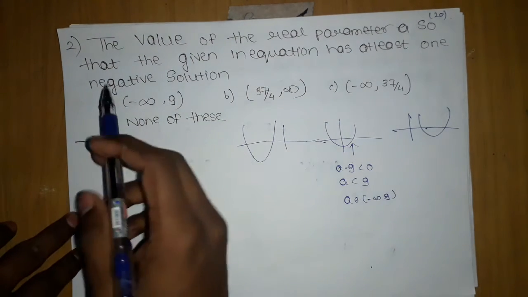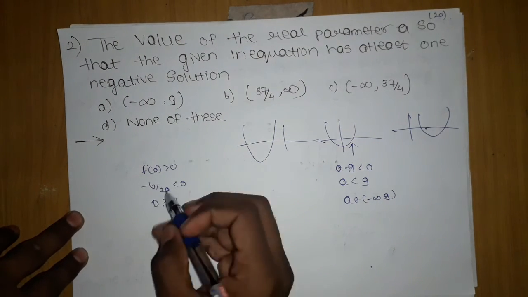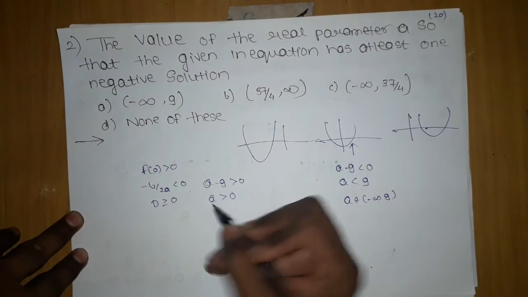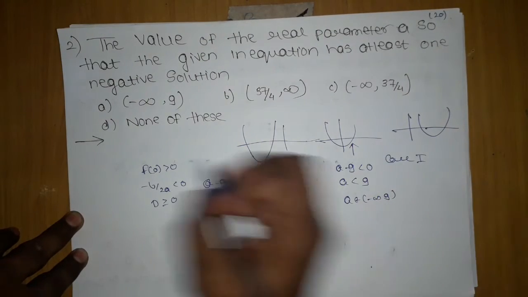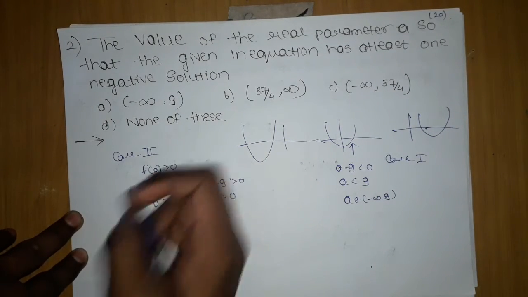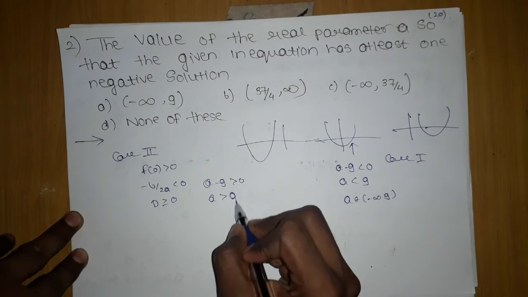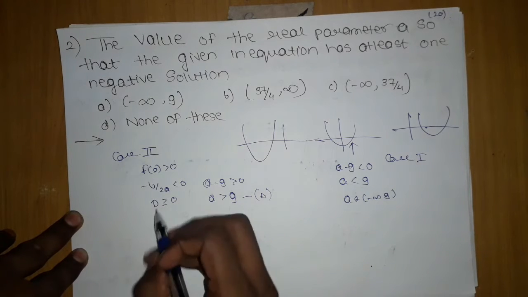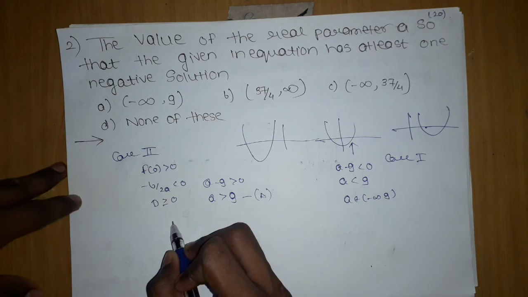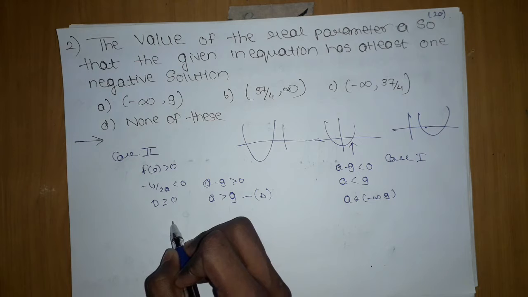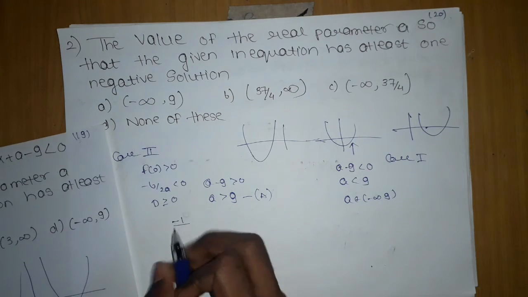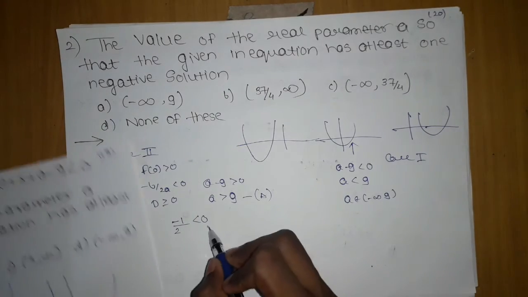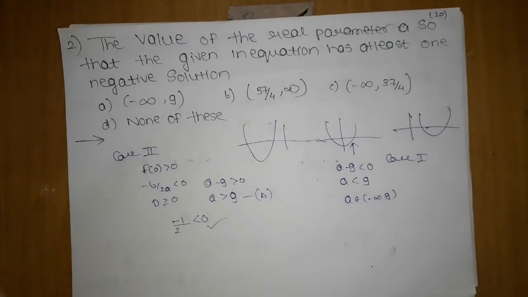Let's move on further. So it has a negative solution, so let's check the conditions. A minus 9 should be greater than 0, a should be greater than 0. Okay brother, this is case 1, and this is case 2. So a is greater than 9, we are getting this. Although we have got the case 1 answer, minus b by 2a: what is b? Let me get it from the question. We have b as 1, so minus 1 upon 2 into 1, which is minus 1 by 2, less than 0. This condition was not valid in the positive case.